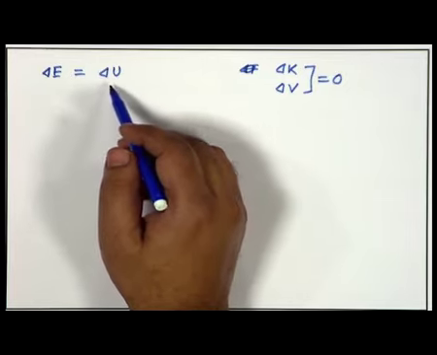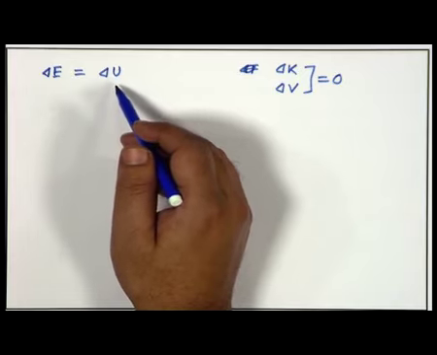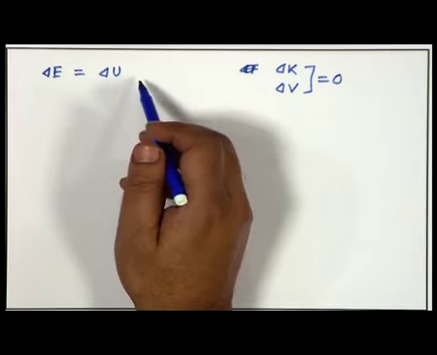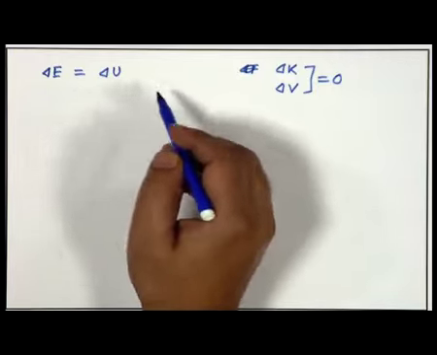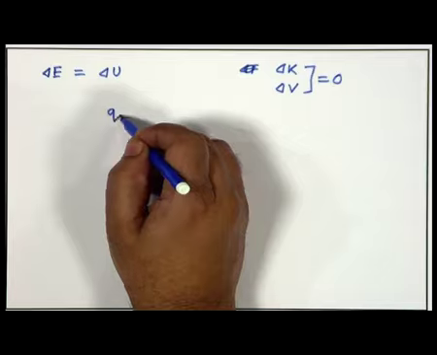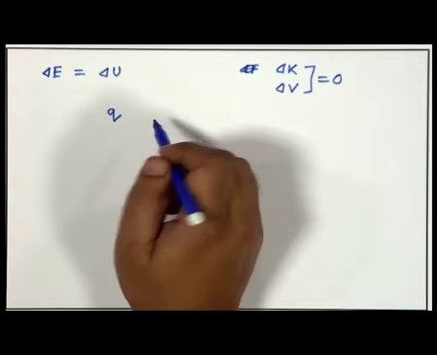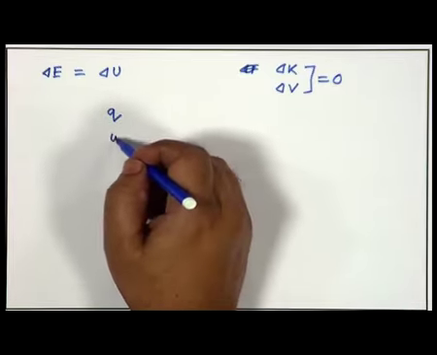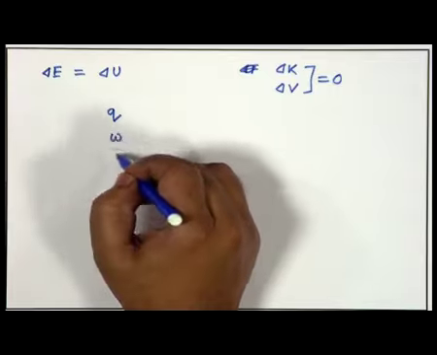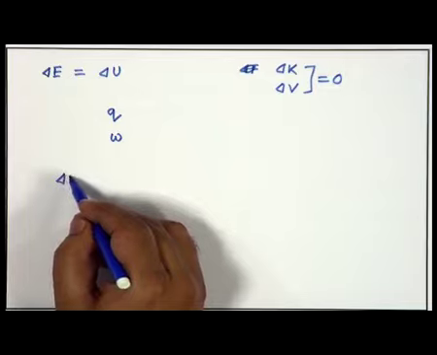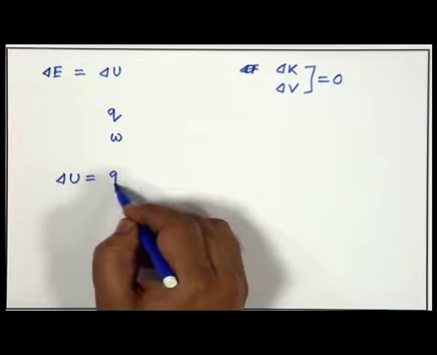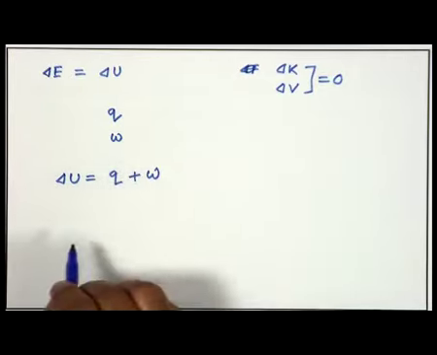And what are the two ways we can change? We can change by exchange of energy between system and surroundings as heat energy, which we will write as Q, and the other one is by doing work. Okay. So, that we will write as W. So, we can write del U is Q plus W,